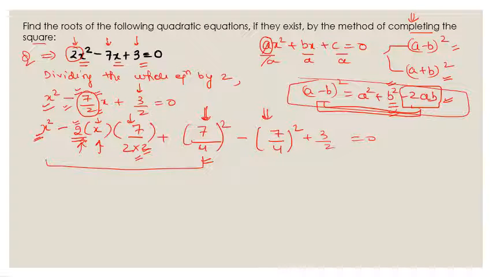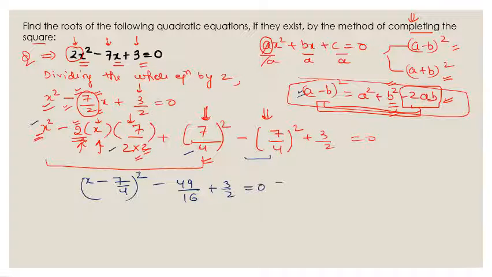So this bit has taken this form, right? What is the form? a square minus 2ab plus b square is a minus b whole square. A is what? x. B is what? 7 by 4. Now what is left? Here minus 7 7s are 49, 4 4s are 16, plus 3 by 2. You can take them onto the right hand side. x minus 7 by 4 whole square equals 49 by 16 minus 3 by 2. Correct? Now solve them.